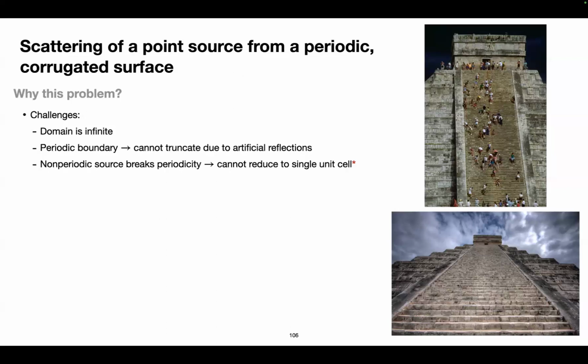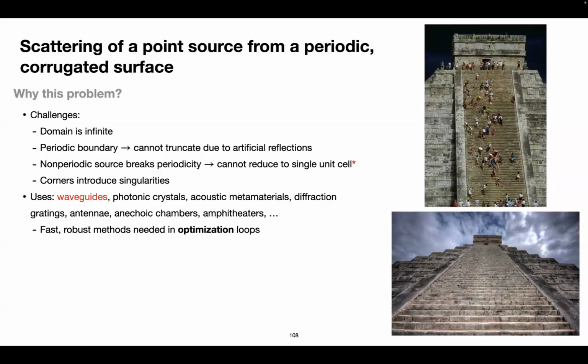Another thing is that this is a very interestingly non-symmetric problem, in the sense that the boundary that you're scattering sound from is periodic, but the source, if it's a point source, is not periodic. So you cannot exploit the symmetry of the system to make your computation easier. And another thing I'm going to talk about as well: if you're modeling stairs, the tips of the stairs are going to introduce singularities in your numerical solution.